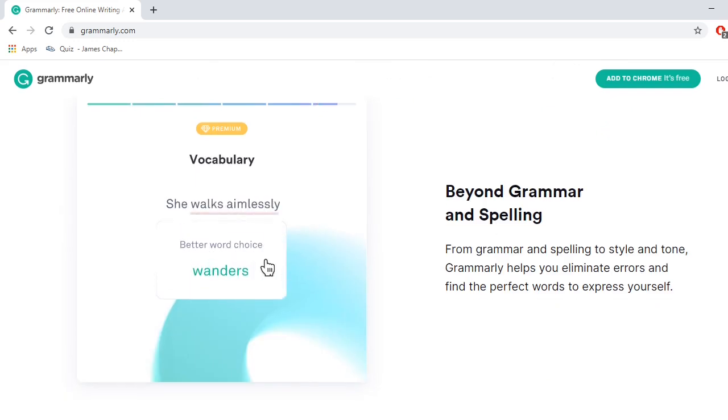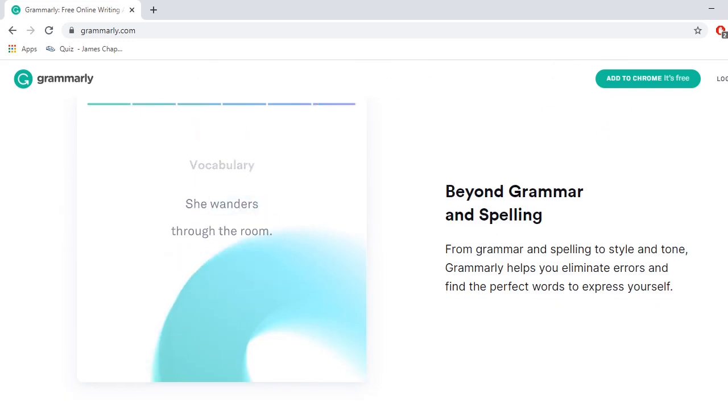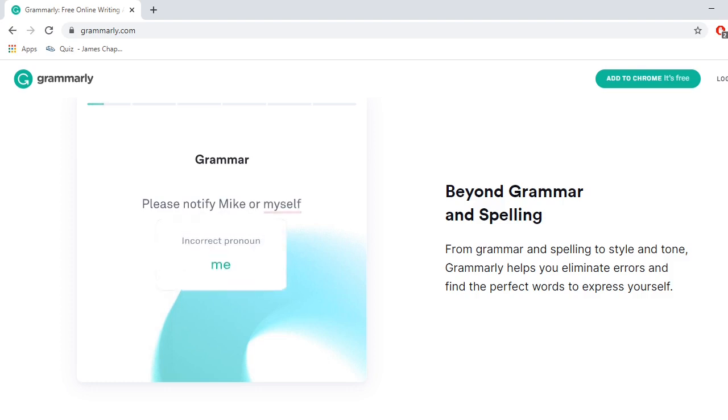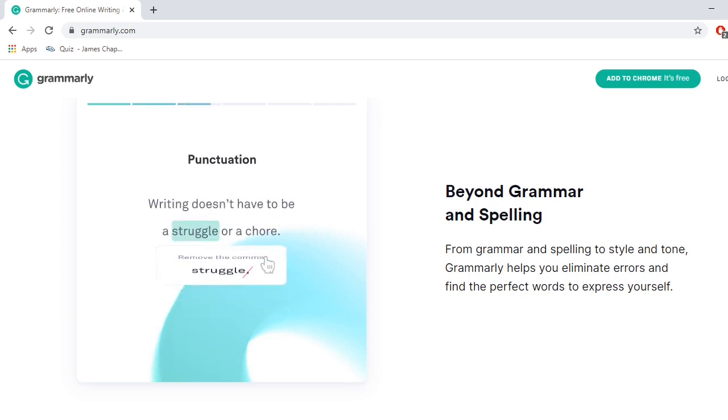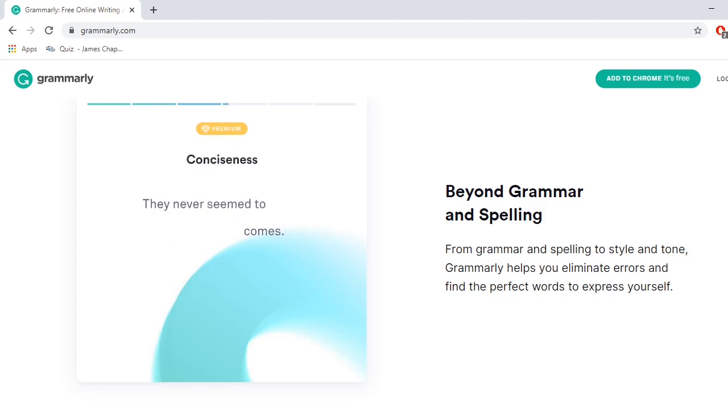And beyond grammar and spelling, it corrects the grammar. Not only that, it corrects spelling. If you make any spelling mistakes, it will correct them. Punctuation also. Sometimes we do not know how to use punctuation, so it corrects that.